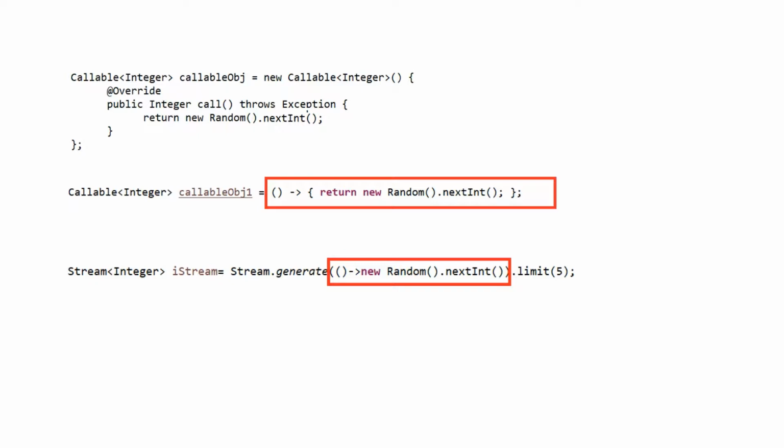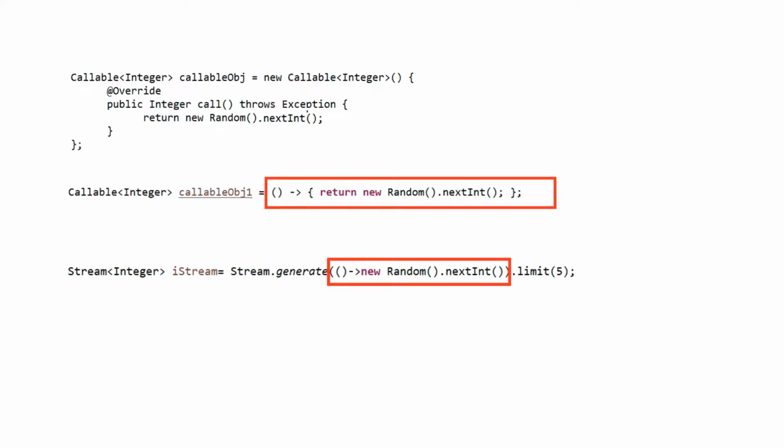It is taking a functional interface as an argument, and that functional interface is of type Supplier. It generates the random values and makes it into a stream. Here we are limiting it to 5 values. So the stream size is 5. It generates only 5 random values.